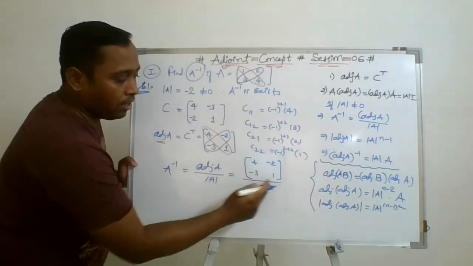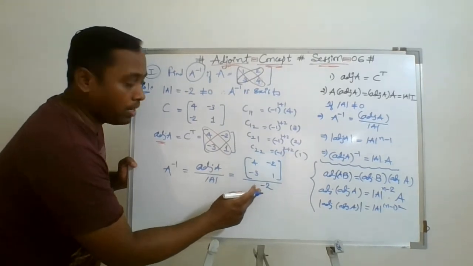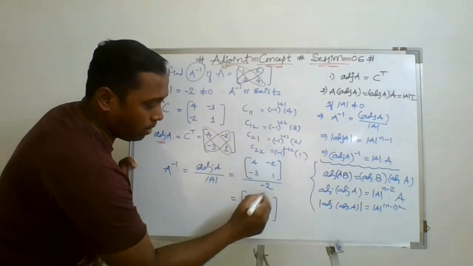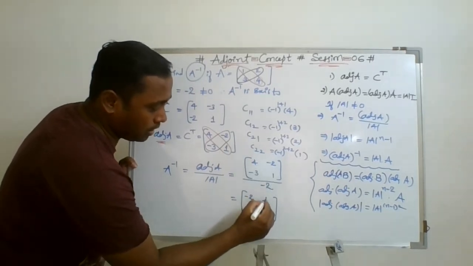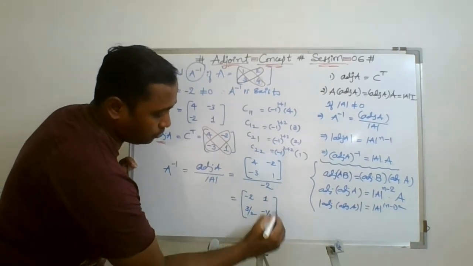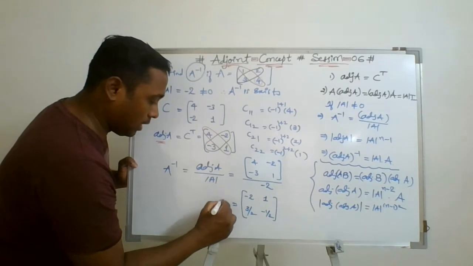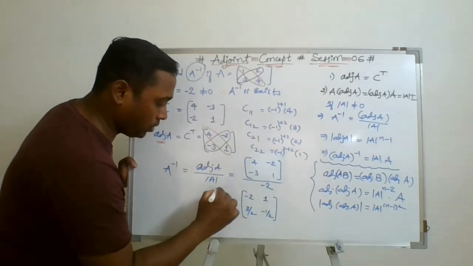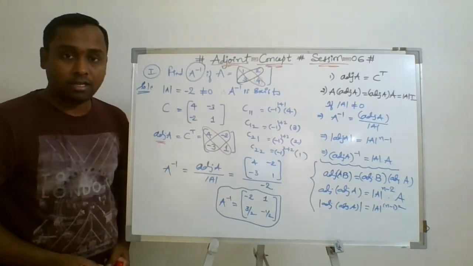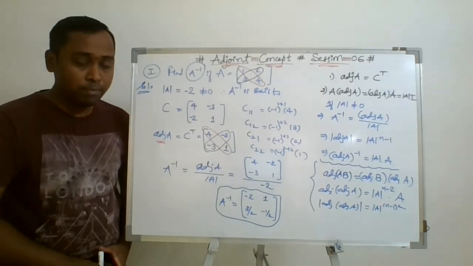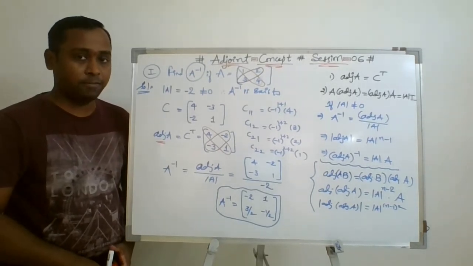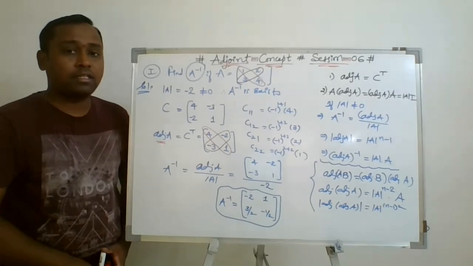It means every element of the matrix is divided by minus 2. Finally, the result is 4 by minus 2, which is minus 2, then the signs cancel to give 1, then 3 by 2, and minus 1 by 2. So this is A inverse. It's so simple as compared to the elementary operation method. So students generally prefer this matrix method to find the inverse if it exists, unless the method is stated.